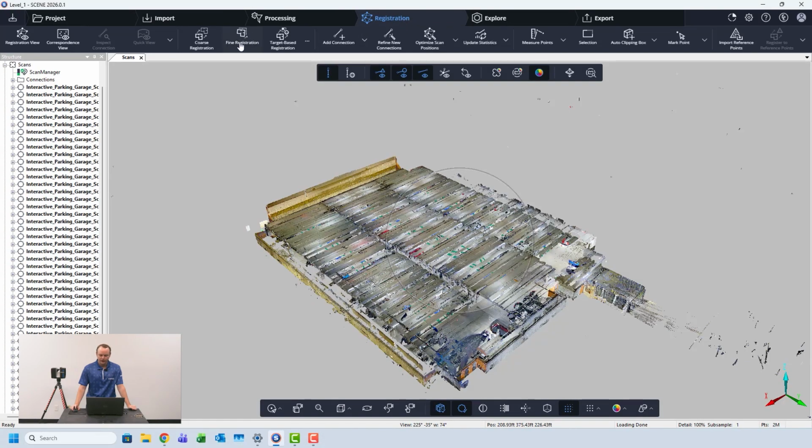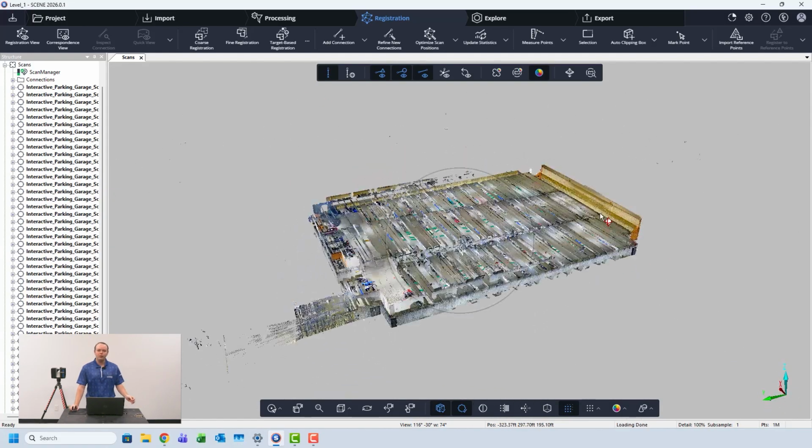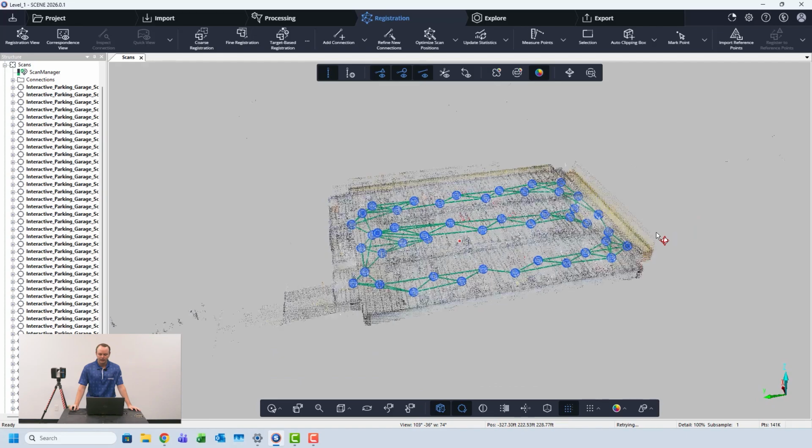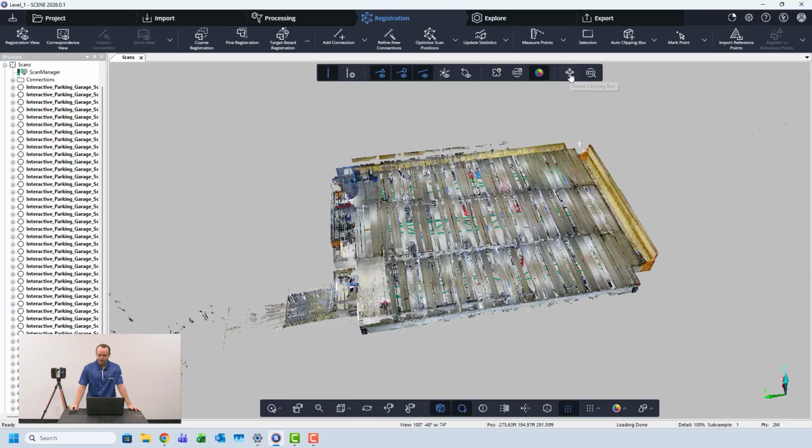So I used a fine registration to get it close to where it's almost done. But we're not done after we tell Scene to do our automatic registration. We need to always double check that everything has been fully registered to our liking. To do that, we are going to use our smart clipping box,